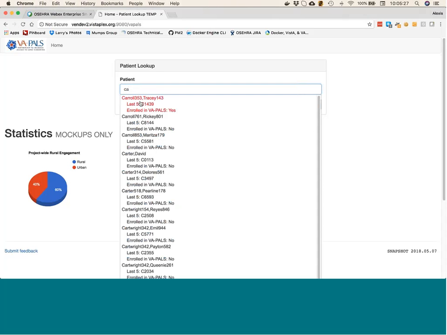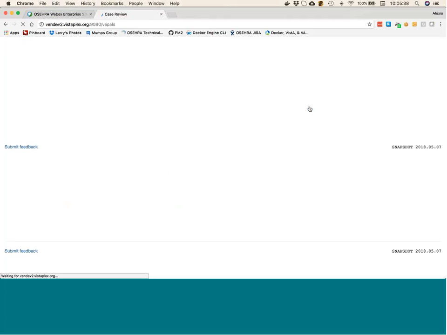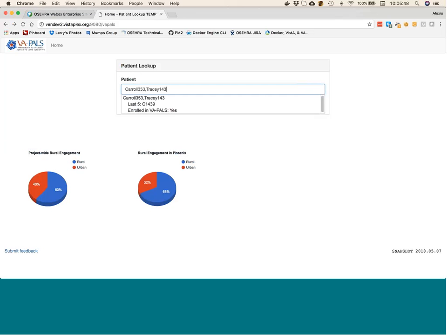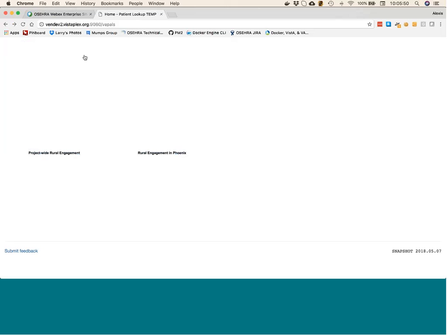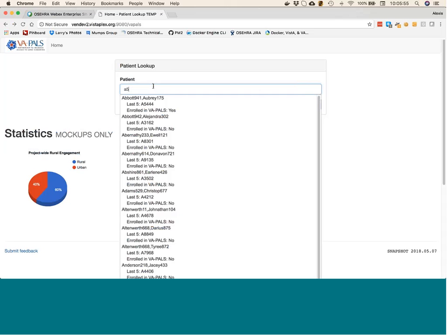Right now, if someone is enrolled, we can select one of these patients who's already enrolled, and if we click submit, we can go see the case review page, or the form review page. And if we go back, I want a number that